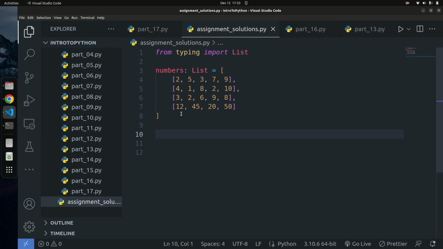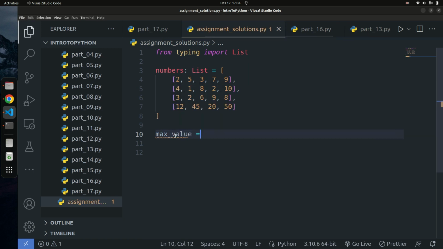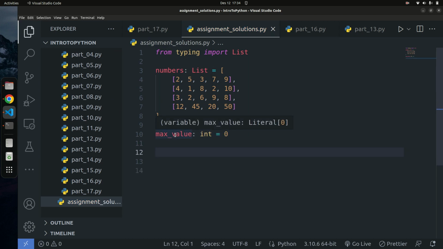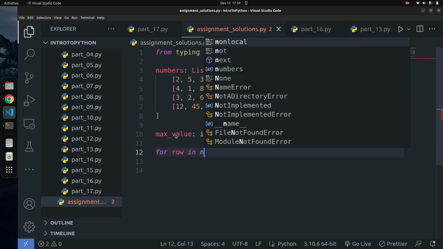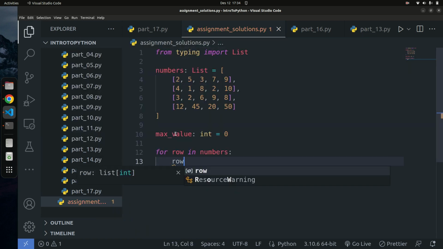Once I have List created, I'm going to find the maximum element. I'm going to say max value, and I'm going to show you two ways of doing this. The max value is going to be of type integer and it's going to be equal to 0. This is possibly not the best way to do it, but I want you to understand a certain concept. That's why I'm using this approach. So for row in numbers, I'm going to say row_max is going to be equal to